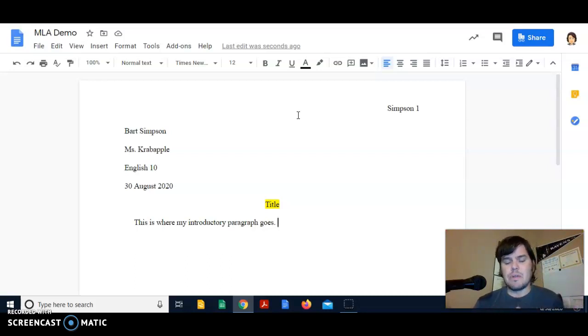As we said at the top, there are 3 elements to an MLA formatted paper. We have our basic formatting, which we have set up essentially where we're good to go here. So we have our font, double space, we have our header, we have our heading, title, and then we know to indent each paragraph 5 spaces. So the second part is the in-text citation. There's a specific format for doing in-text citation. So when you pull a quote directly from a source,